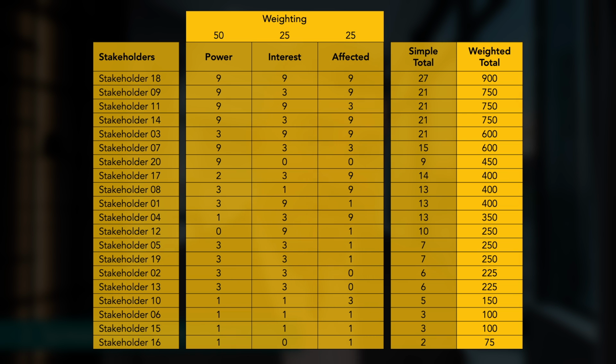By using dimensions and weights, we've actually created a far more advanced way of prioritizing stakeholders called a multi-criteria decision analysis, or MCDA. I know it's quite a mouthful, but the most important thing is that here our stakeholders are prioritized based on their relative importance to the outcomes which we're aiming for, which in my experience works really well.